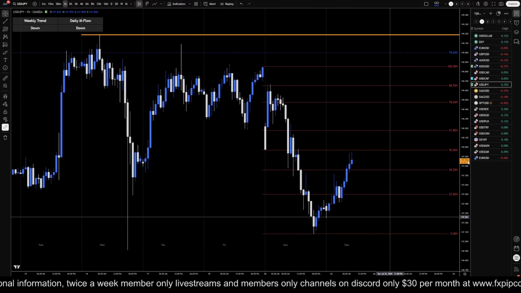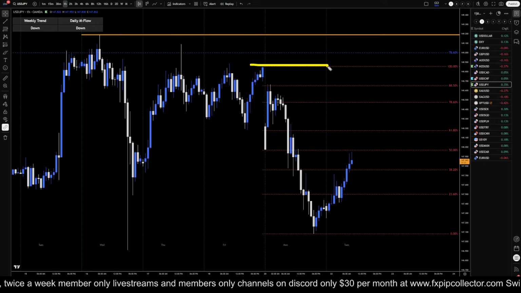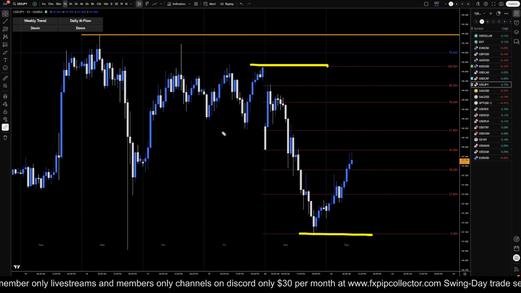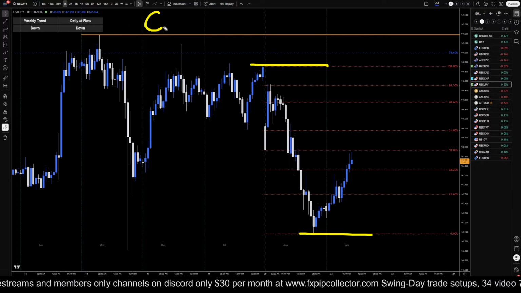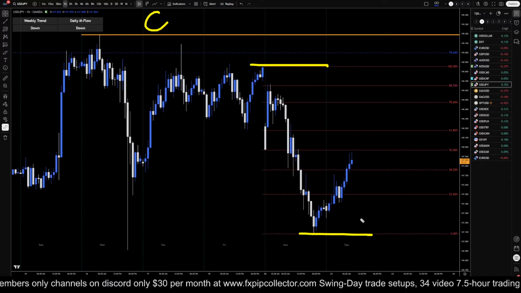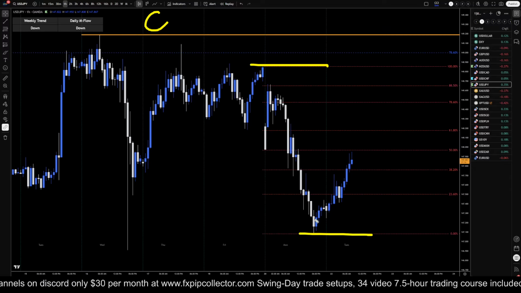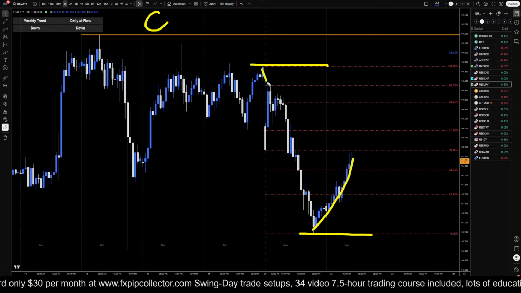So going all the way down to the 1 hour time frame is where I got my Fibonacci retracement on the last impulsive move up. If this really is the end of a wave C on the daily, that means we're in a new downtrend. If we are in a new downtrend, that means this move up right here potentially is only a pullback to